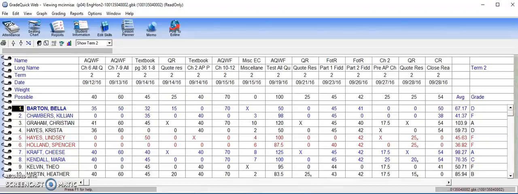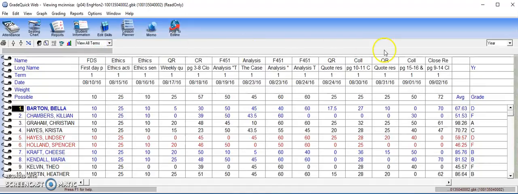In this video, I'm going to show you how to determine what effect the semester exam grade has on the student's semester grade. In this example, I'm showing term 2, and as a result, my right-hand column here is the term 2 grade. What I need to do is come over here and click the drop-down arrow and choose View All Terms. When I do that and come over to the far right-hand column, this is the year grade, and